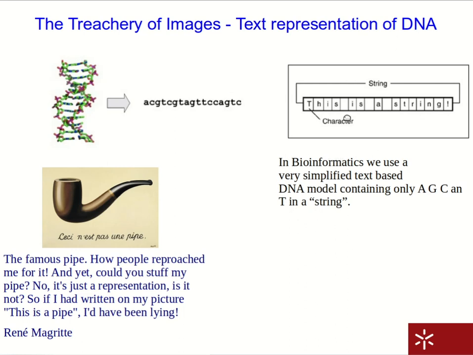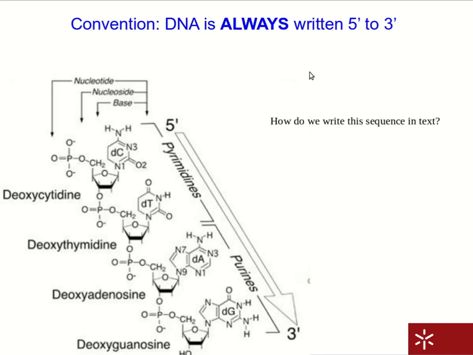And in bioinformatics, we use this data type to store DNA simply as strings of A, G, C, and T on the computer. So we simplify this molecule here into a piece of text or a string with just A's, C's, G's, and T's. This is, of course, a very large simplification, and we should always remember that this is a representation of DNA that is very simplified. Because of this simplification, we need to enforce some conventions when we use strings to describe